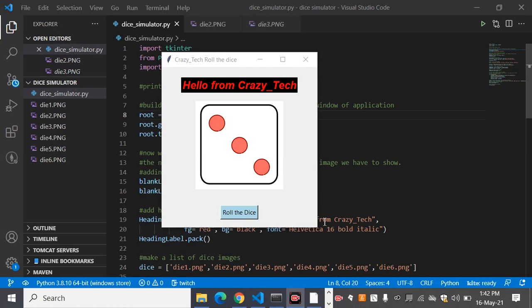We are all set to start with our motto, and from today we are going to start with developing simple projects in Python. Our today's topic is developing a simple application for a dice simulation.